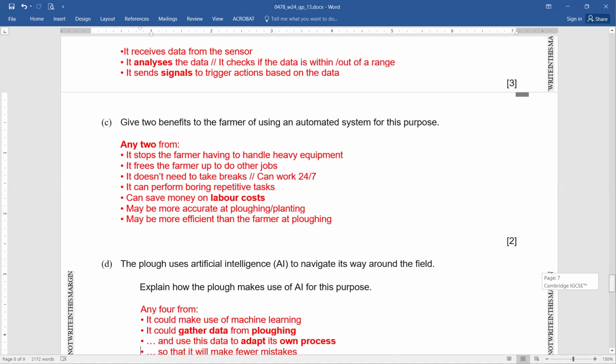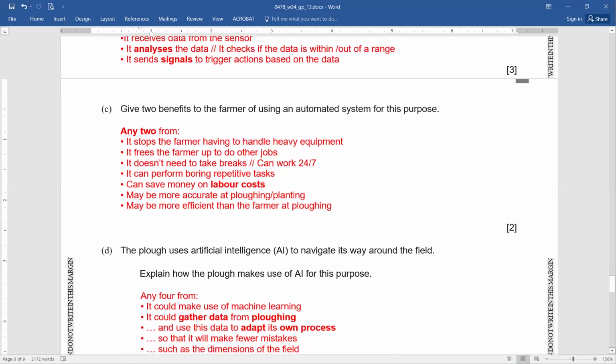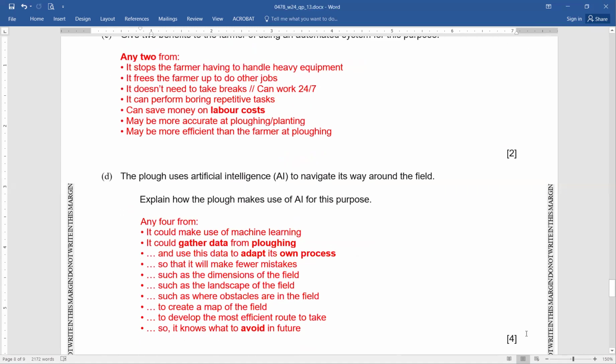In a 4-mark question, the student can write that it could make use of machine learning. It could gather data from plowing the field and use that data to adapt its new processes. Once it has learned by gathering data from plowing once, it can definitely make fewer mistakes